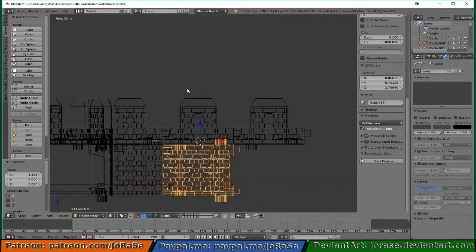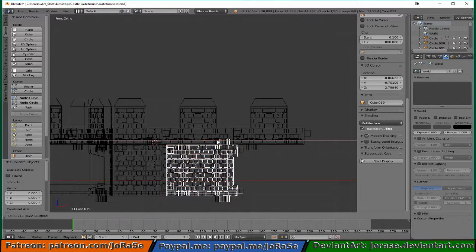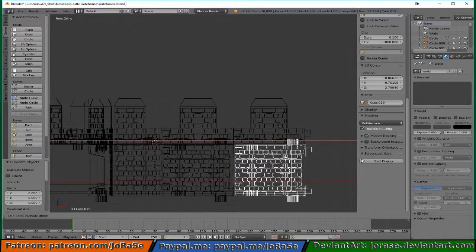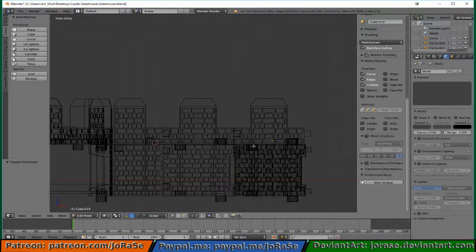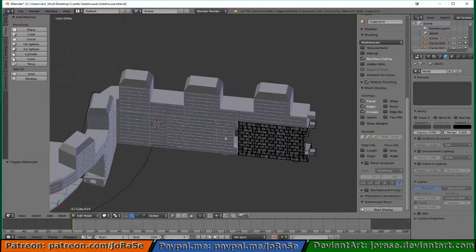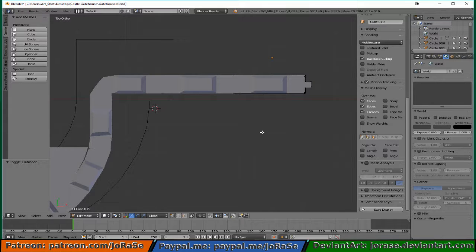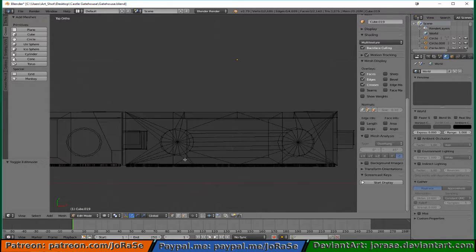And now this one, we're going to duplicate it like we did the other, Control D and Enter. And we're going to slide it over. But we're going to tab into this one and basically delete half of the actual wall surface. So get into a top view, scale it or zoom in,